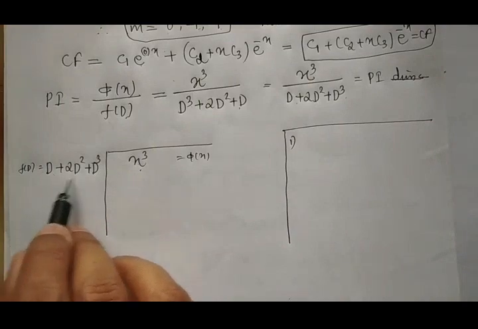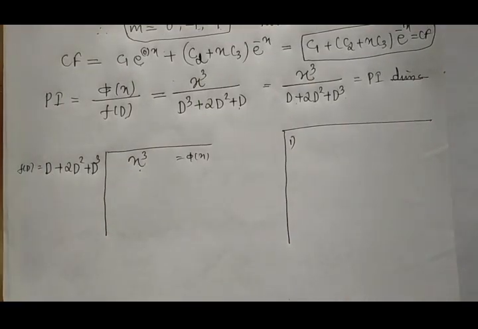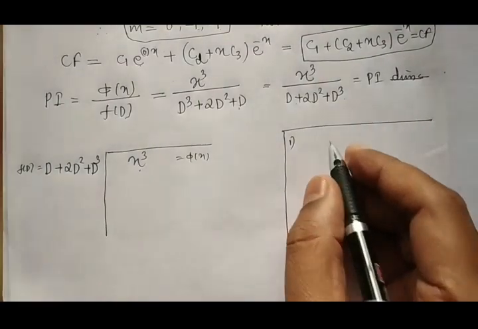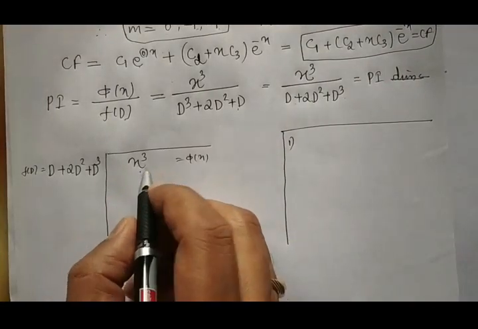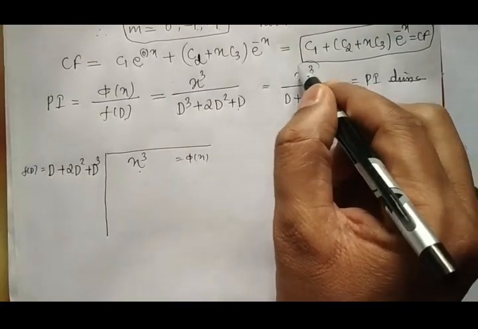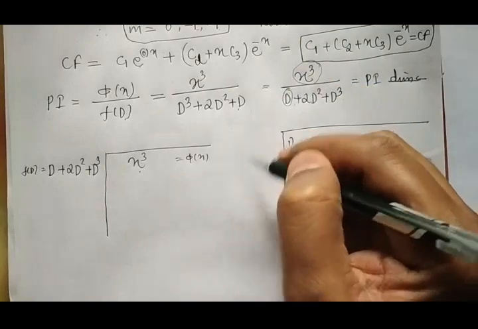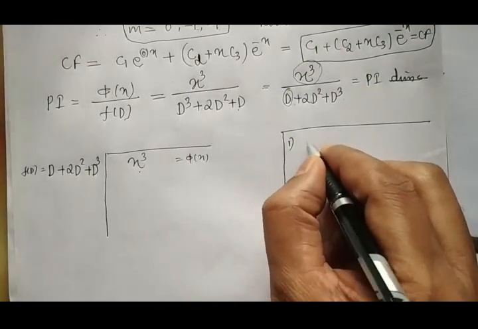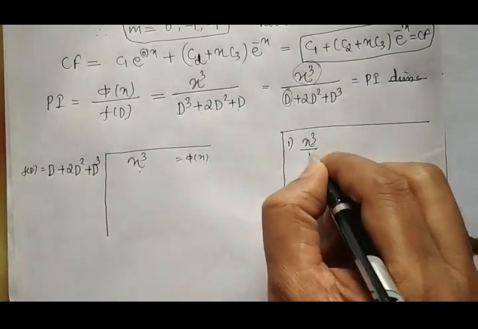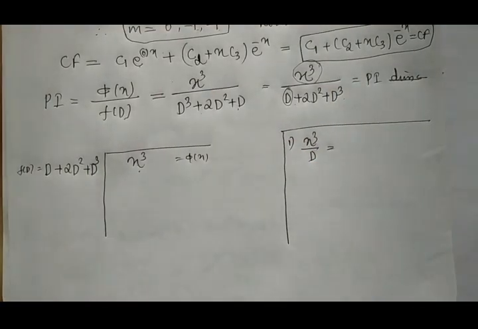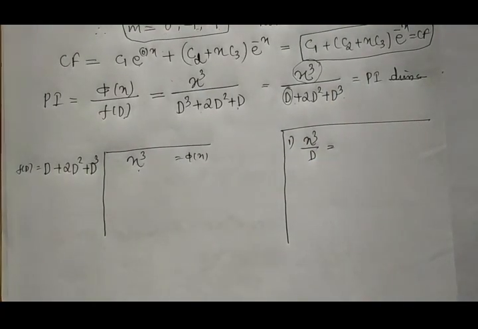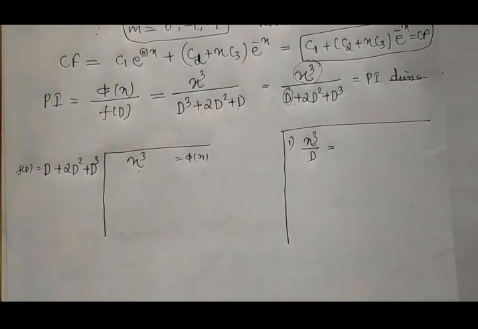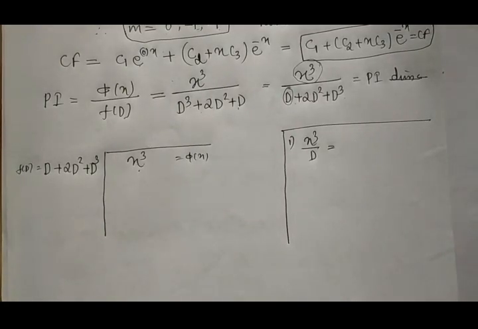term, but here we have multiple terms, 3 terms are there, so directly we cannot take at once, it is not possible. But again we follow the same thing, that is first term of the numerator divided by first term of the denominator. So it is x cube divided by D. In the previous introductory example, the first term was a 2. Now it was a number. So that time we didn't face any difficulty to calculate. But here we should be careful.